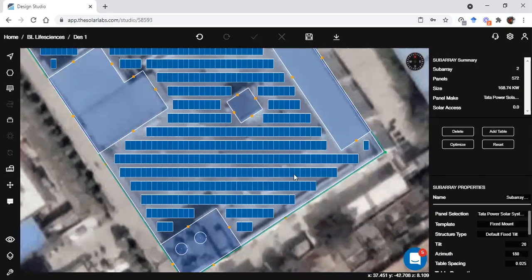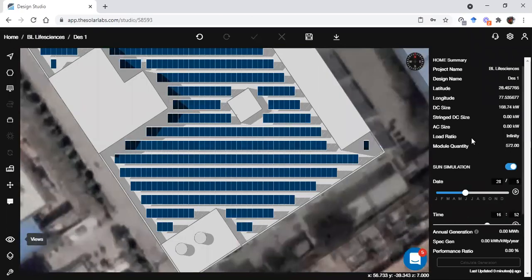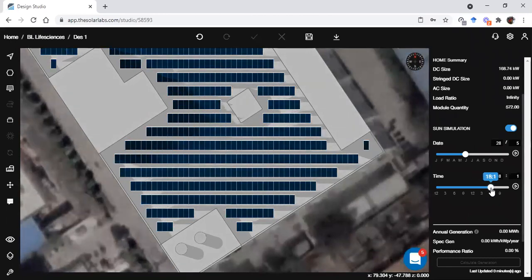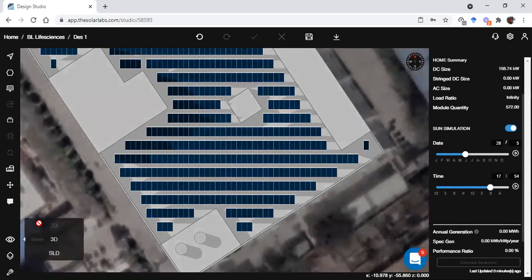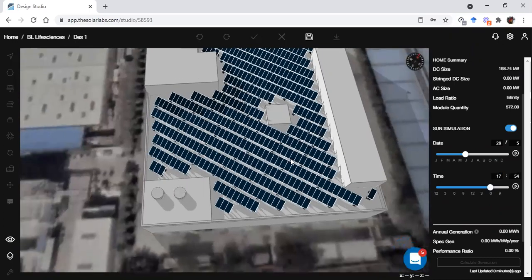Now we can see the inter row spacing is less. Now if I check it, we'll be able to see that there will be some inter row shadows.